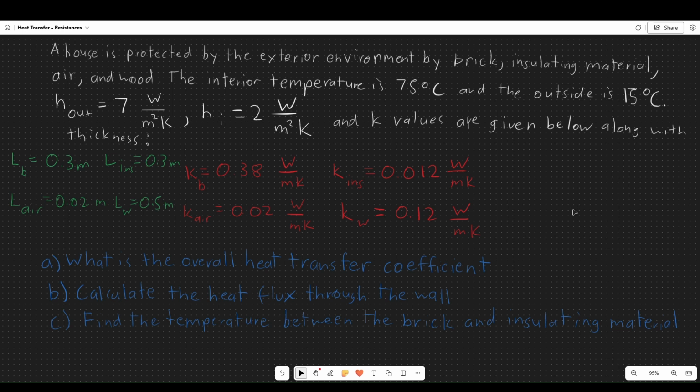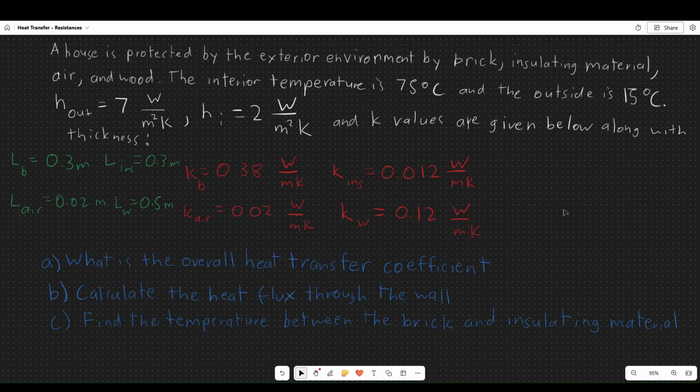All right, so today we'll be going over using resistances in heat transfer. So looking at how to calculate the heat flux through conduction and convection, and then also calculating the overall heat transfer coefficient. And so the best way to start is by looking at this problem that we have here,